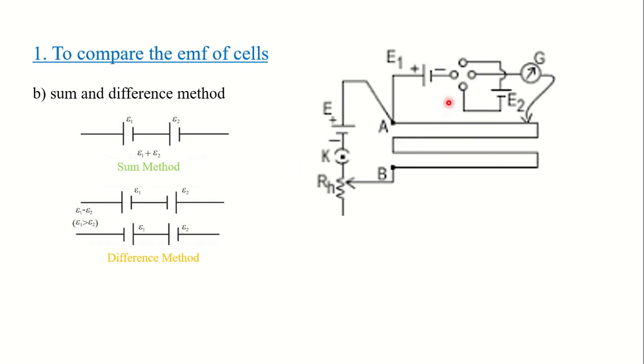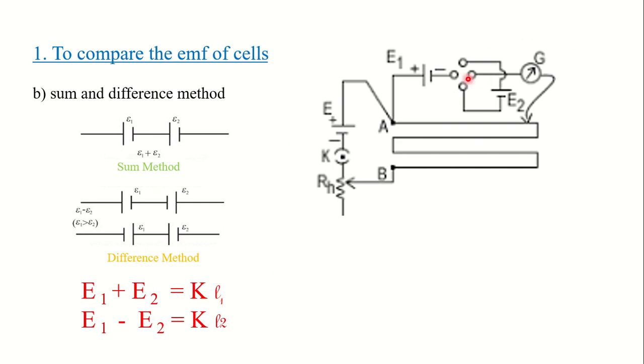So you can do the connection like that by removing the keys from these two positions and putting it here and here. That means from the negative of the first cell, circuit will go like this, connect to the negative of the second cell, and from the positive it will go this way and it will close this because this key is connected, and to the galvanometer and to the jockey the circuit is complete. Okay, now we will see the formula will be like this.